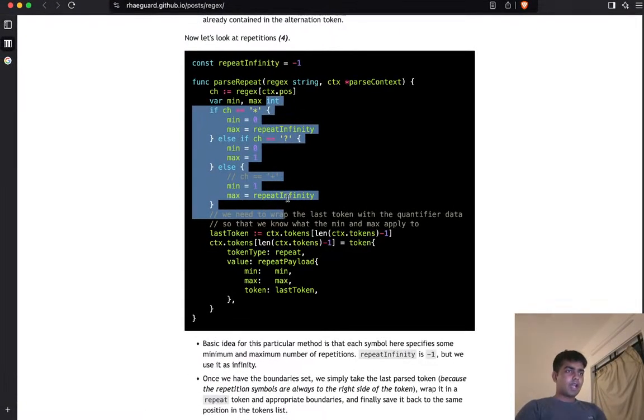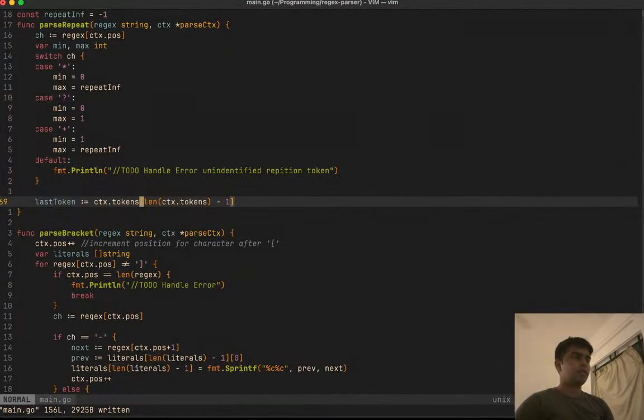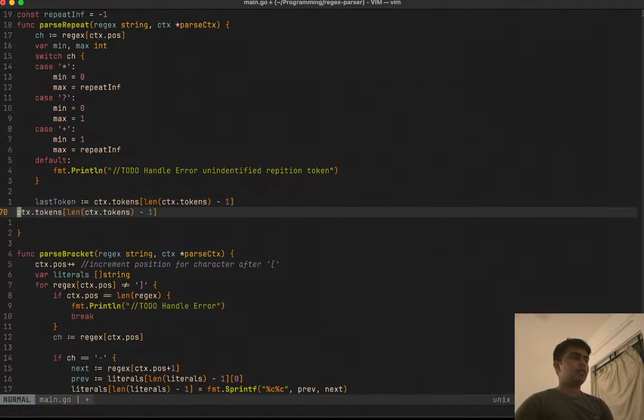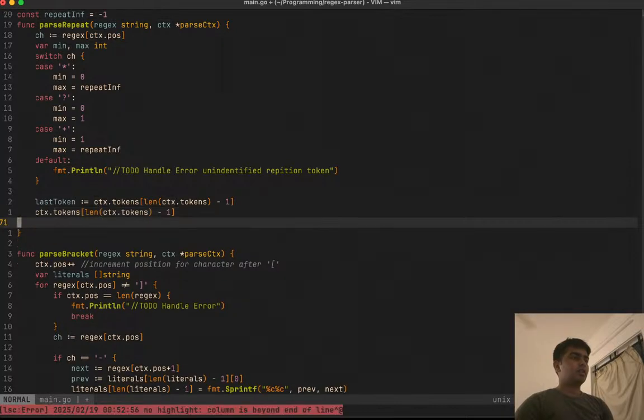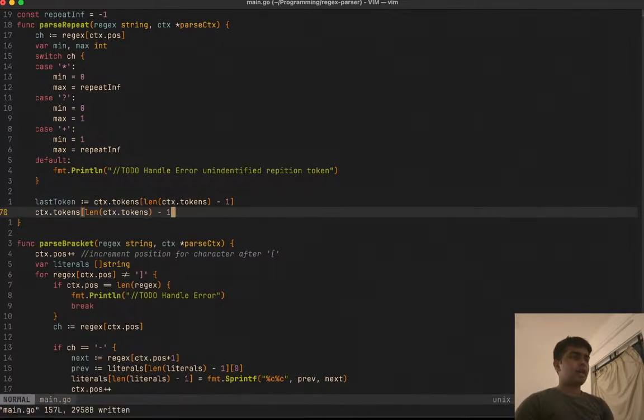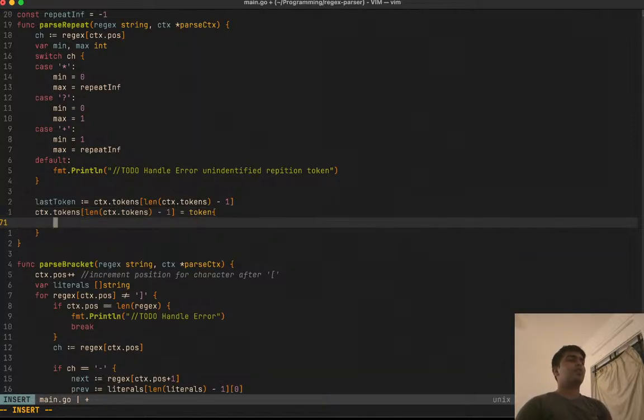And now we have that, and then we do the same thing: we take this, yank it, paste it. We equal that to a token we just created right now with a type of